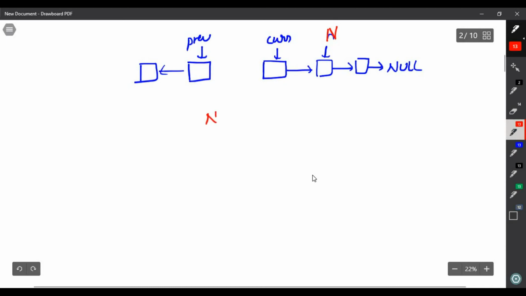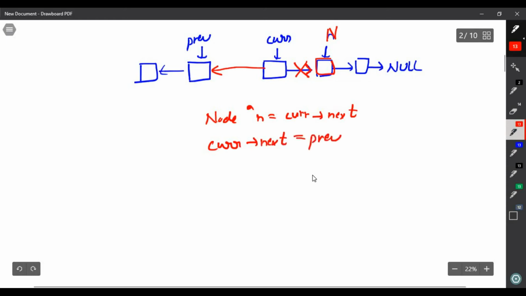For saving this node, I am creating a pointer, node star n, which is basically the next of current. We have to save this node because we are going to break this link. Now the second step is break this link and make this link. So basically next of current is pointing towards the previous node.